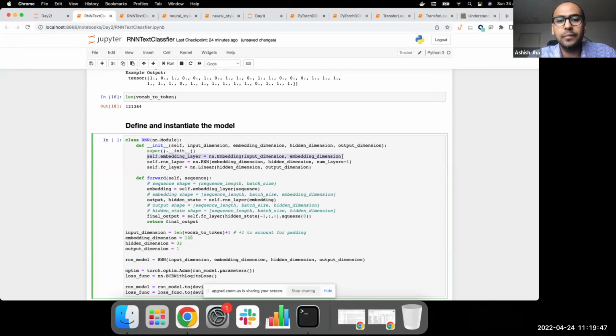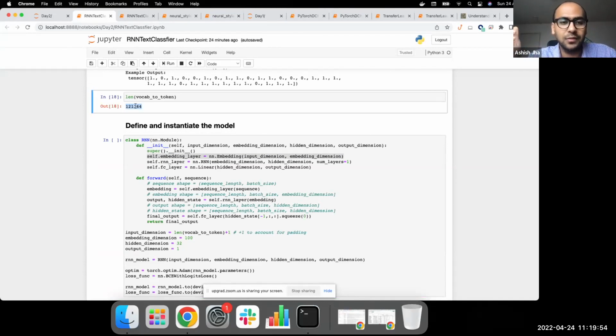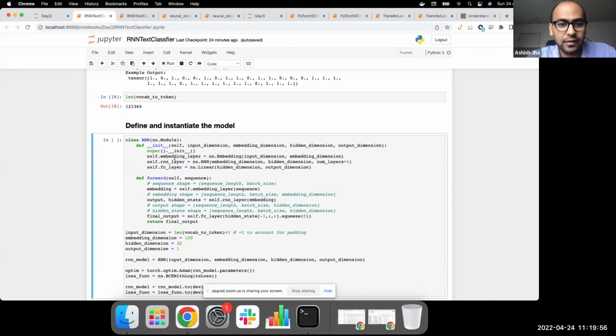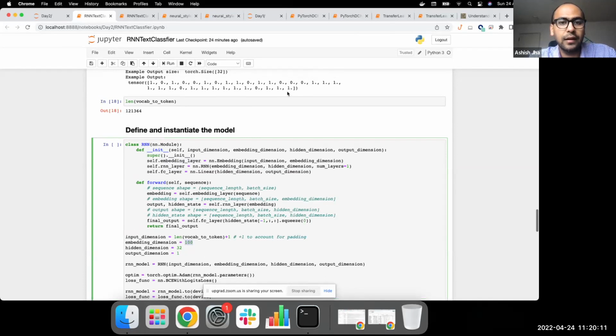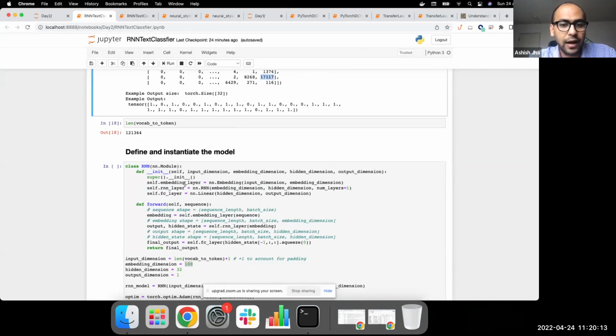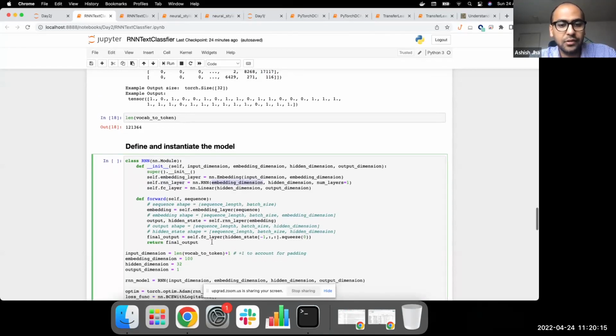We want to reduce the dimensionality first, because to work with so many dimensions would be a nightmare. Your model would take years to train. So that's our first layer, to reduce the dimensionality of our input along the one hot encoded dimension. Once we have reduced into a reasonable number of dimensions for each token, for each word, then we use an RNN layer, which takes that many dimensional words as input, and then it provides a hidden dimension which is even smaller.